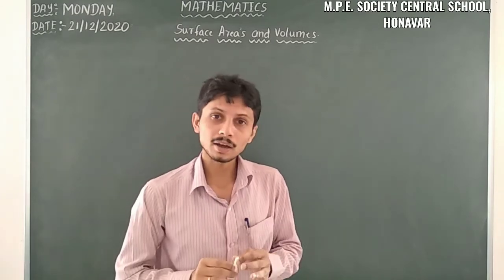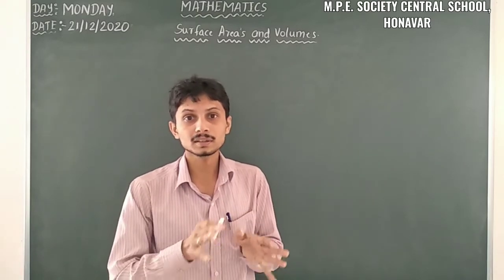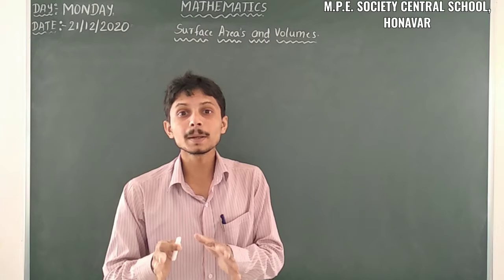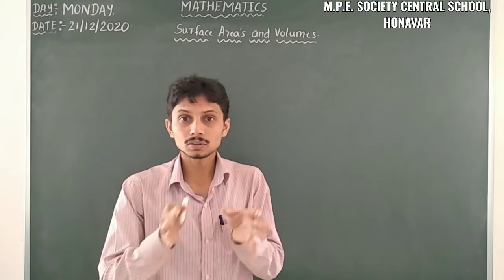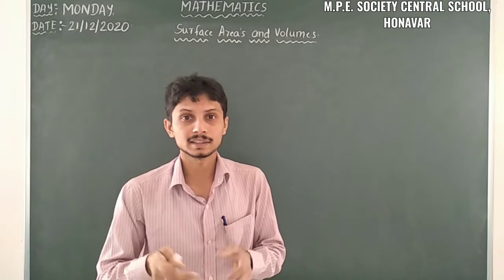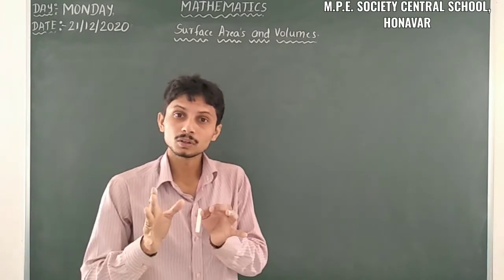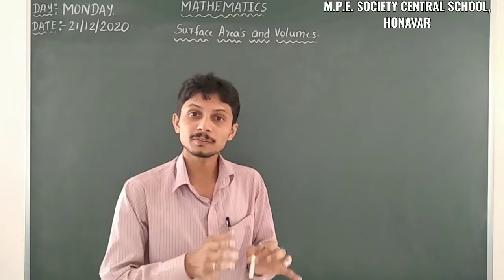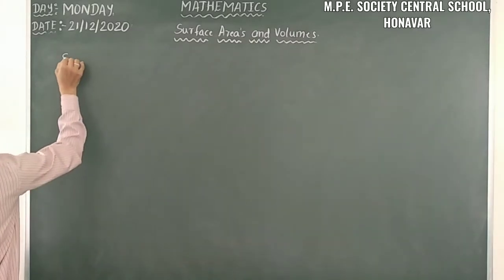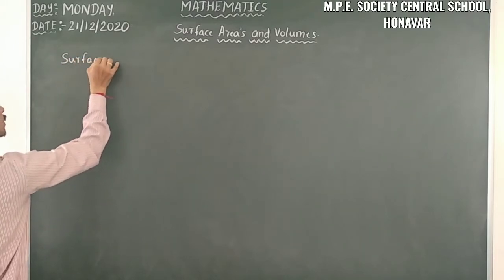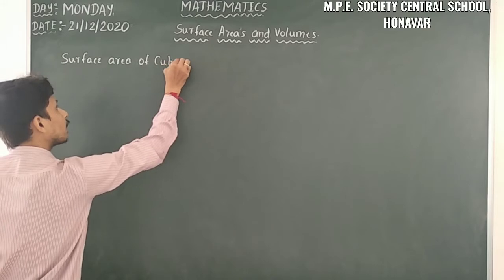So let us have the view of that one. So let us take firstly the cuboid. So cuboid, we already know that it's a figure made up of rectangles. So some of the faces are rectangles like that. So here we have the same thing. Yes. So let us have the view of cuboid. So firstly we have to take the surface areas of cuboid. So here we have to discuss the surface area of cuboid.